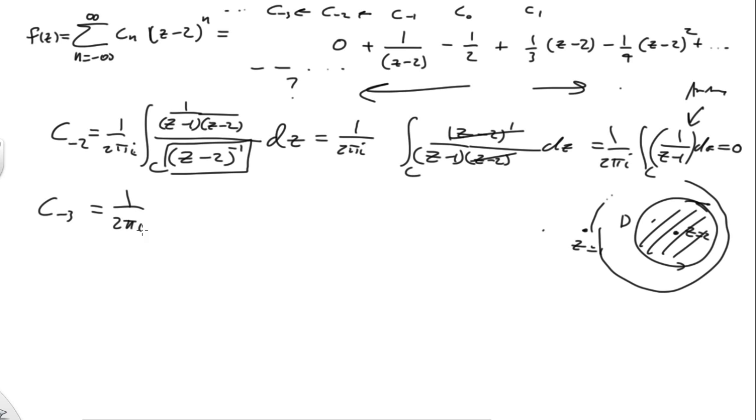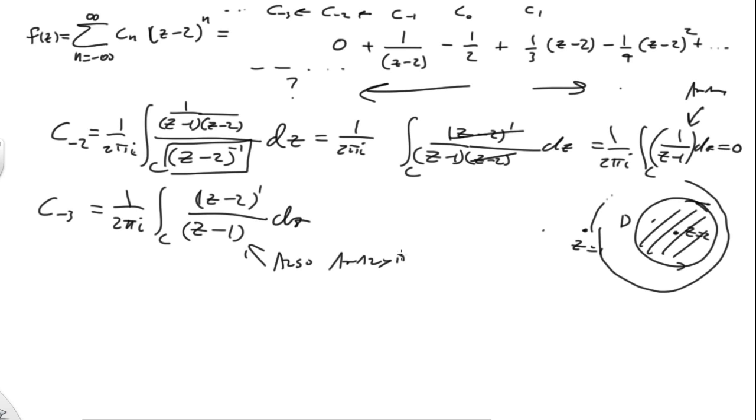Well, it turns out, if you do this, that'll just become a negative 2 there, in which case what we're going to get out of it is a z minus 2 in the numerator to the first power times z, all over z minus 1, dz. And this is, of course, also analytic, in which case it's 0 by Cauchy-Goursat. All right, and now it turns out for c to the n for all negatives